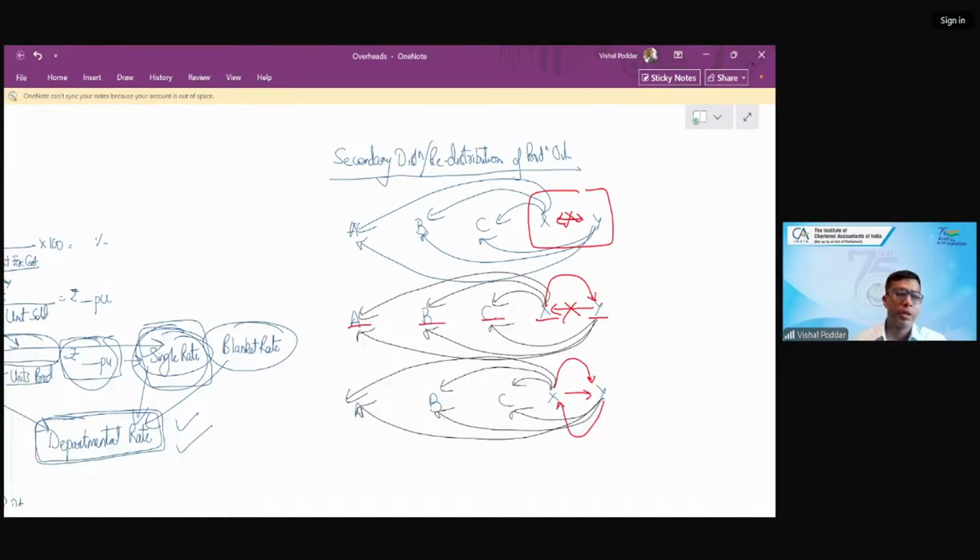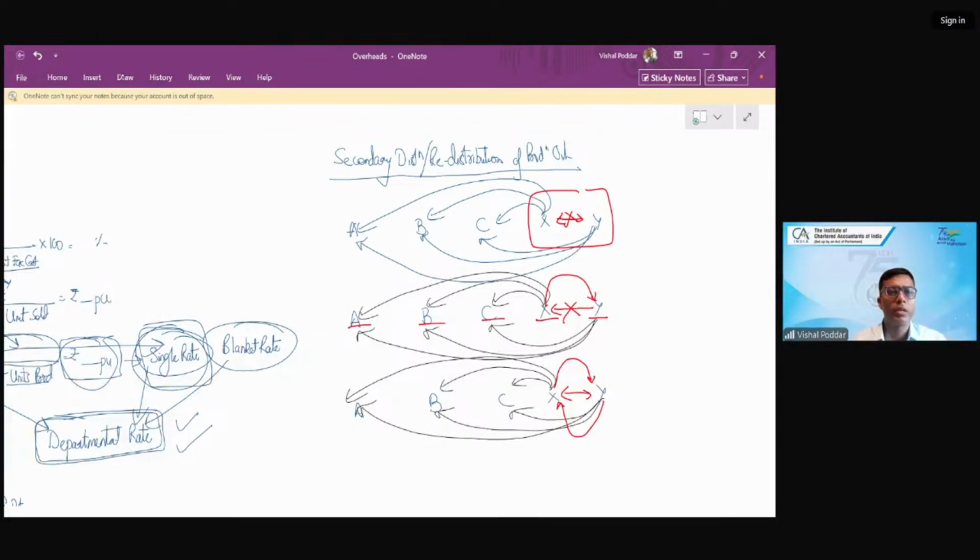And nowadays there are some very high end equipments which are used in the stores department for lifting the material so that it can be kept at the racks which are at the height. Even nowadays the racks are such that they would be raised to the height so that the upper part of the room is also used. So for all this you require different types of machines and equipments which are maintained by Y. So since the stores is a sophisticated type of store using different types of equipments in their storing function, which are being repaired and maintained by Y, this is how Y is also providing service to X.